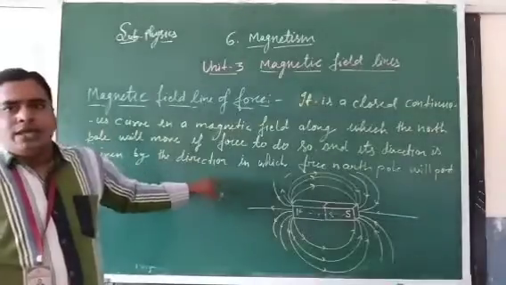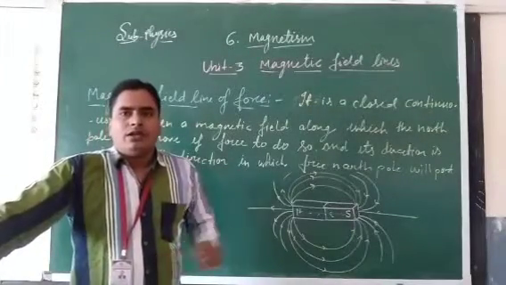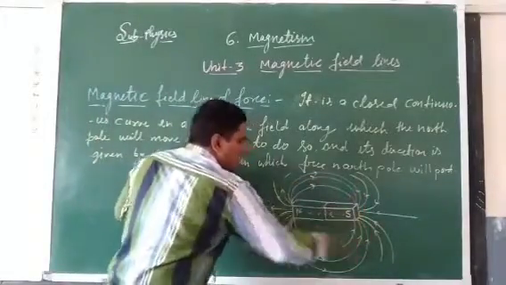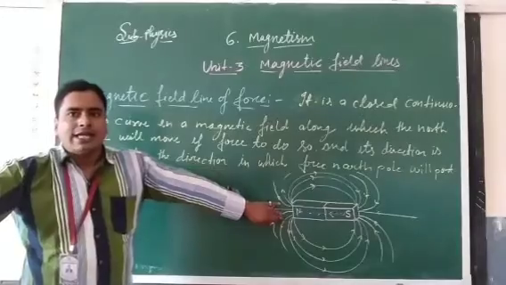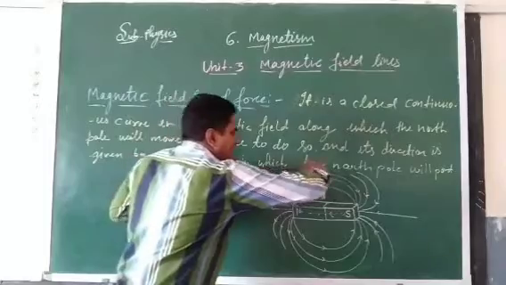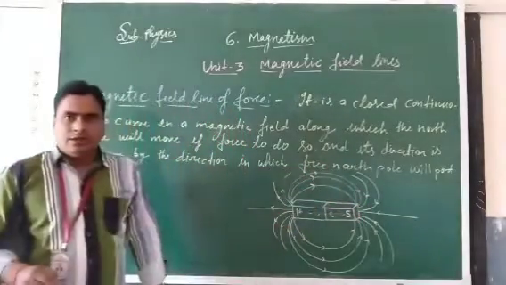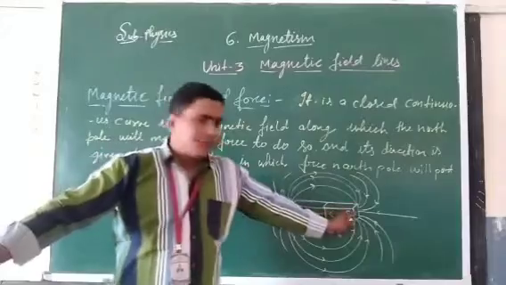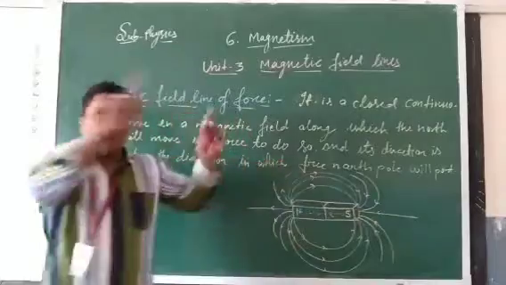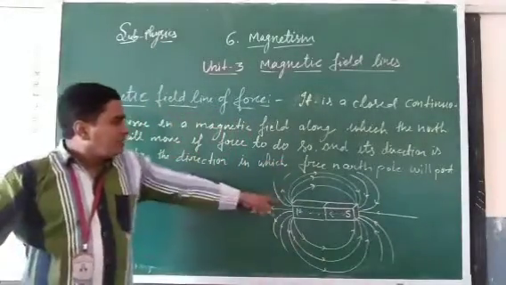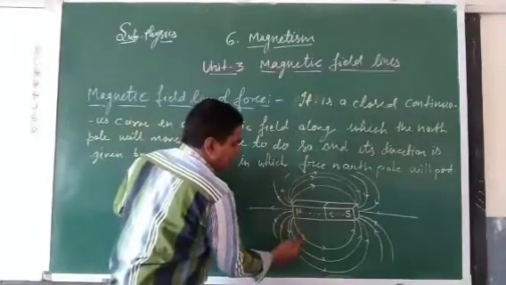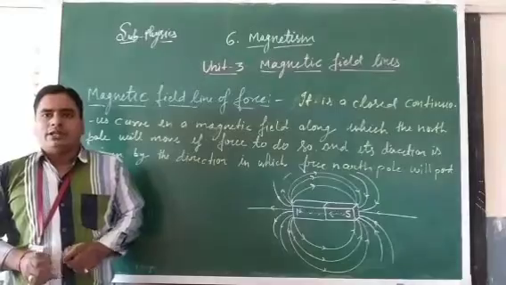Okay. Now we will discuss some properties of the magnetic field lines. They always form a closed curve. Here you can see in the diagram of the magnetic field lines, the field lines always form a closed curve. See here, it started from the north pole and ends at the south pole. ये north pole से start हो रही है और कहाँ पे खत्म हो रही है? South pole पे. Clear? Means each curve is a closed curve. They will never intersect each other. यहाँ पे देखिए कोई भी जो फील्ड लाइंस है, they will not intersect each other. Clear?